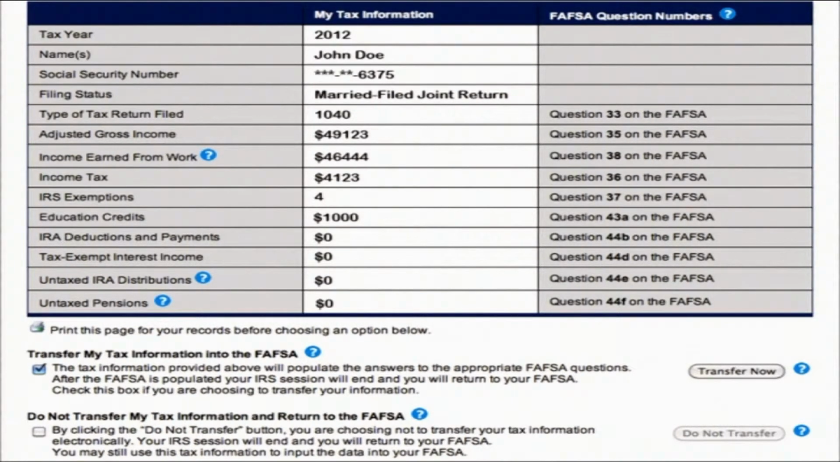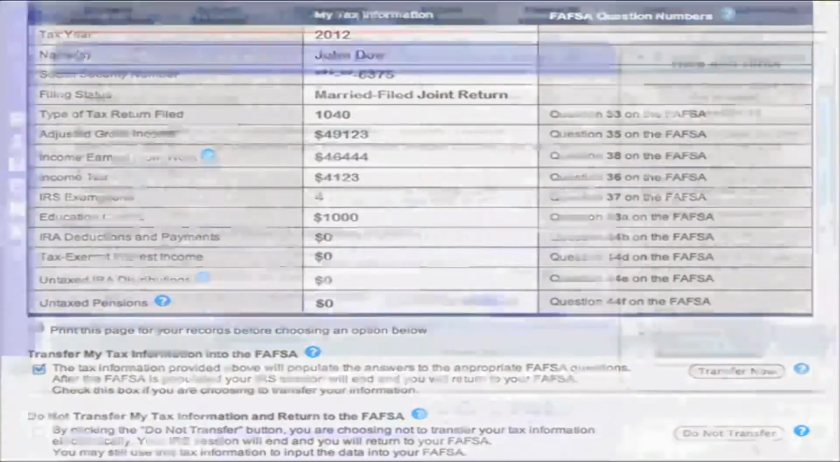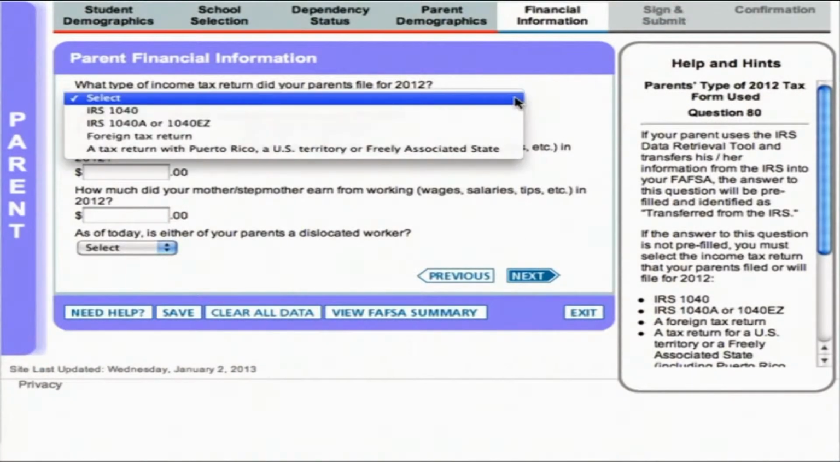It's simple as that. If you transfer your IRS tax information, questions that are populated with tax information will be marked with "Transferred from the IRS." Don't change any of this data. If you're selected for verification, GRCC can use the IRS data retrieval information for verification purposes in lieu of a tax transcript. The next screen will ask you to specify the type of tax return your parents filed or will